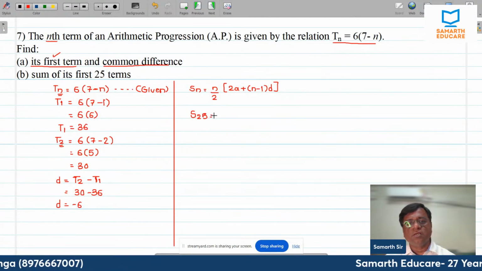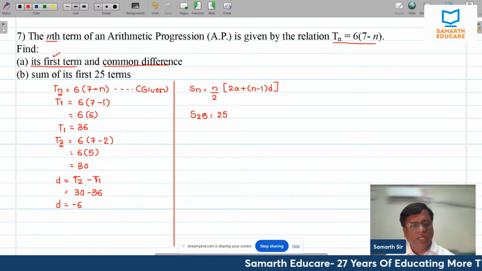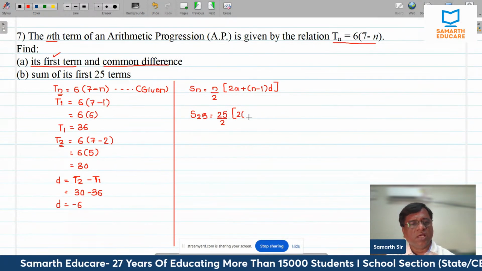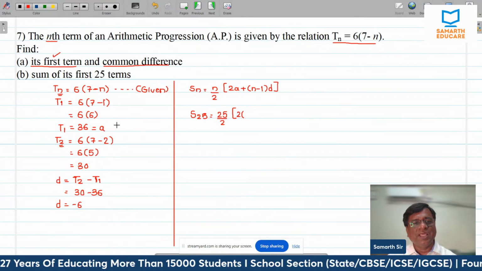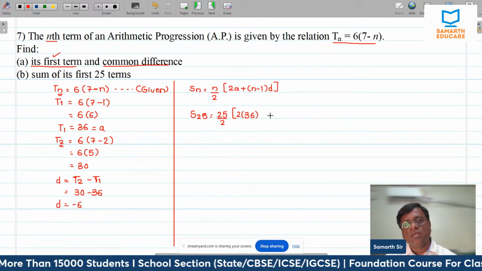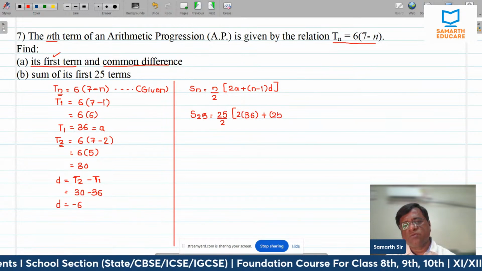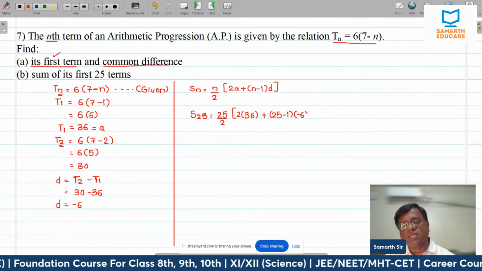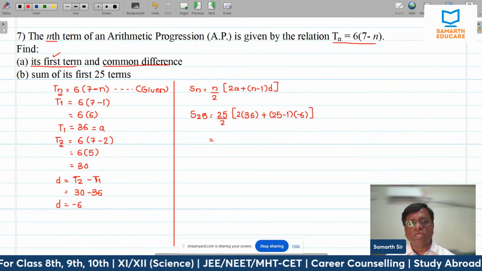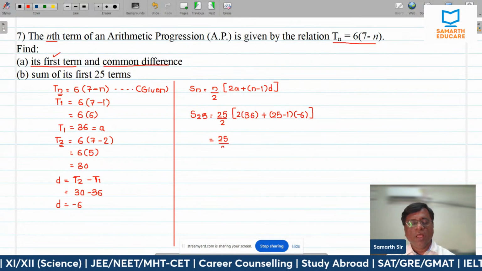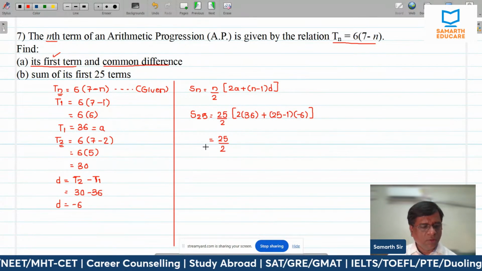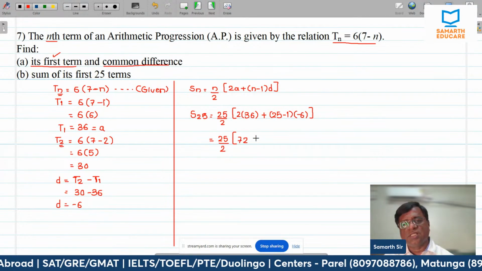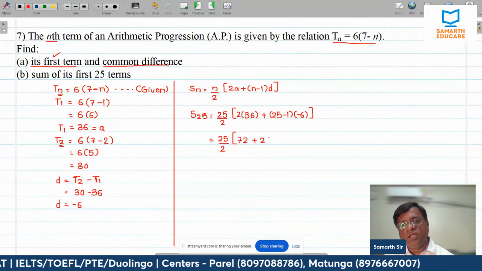I forgot to write the year and CBSE over here, but this is 25 upon 2, 2 into a. What is the first term? First term a is 36, plus 25 minus 1, you can directly write 24, it will not make any difference, into d, which is minus 6. And take your time, it is okay if you are writing more steps. More important is to get a correct answer, so you need not be in a hurry always. So 2 into 36 is 72, plus 24 into